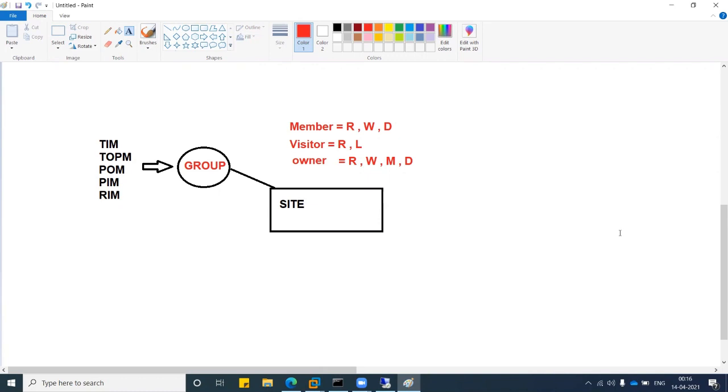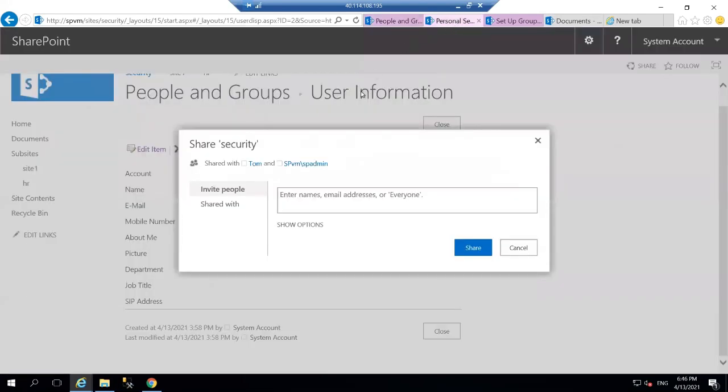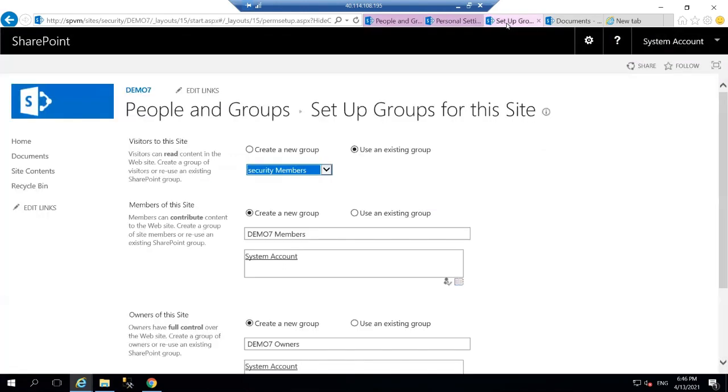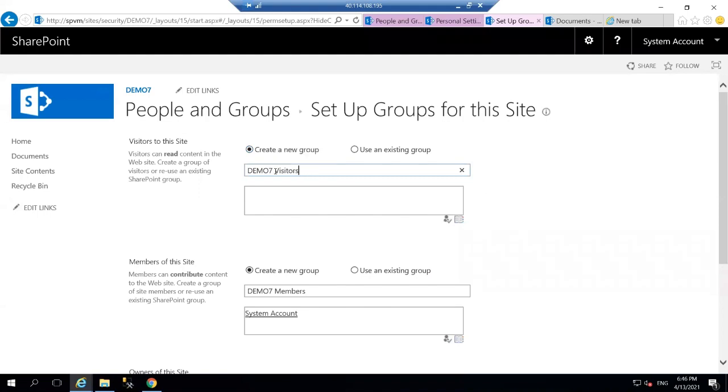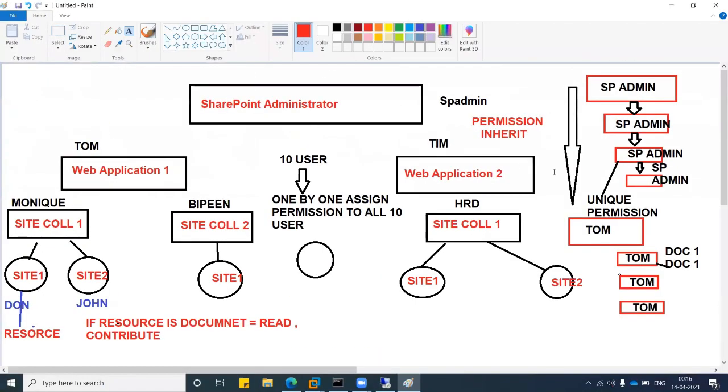Whatever group we create, that is also pretty interesting in SharePoint. So let's say, for example, when I am creating this child site, if I select that I want to create this group, by default, this group is available for your SharePoint administrator to assign. So it means that whenever